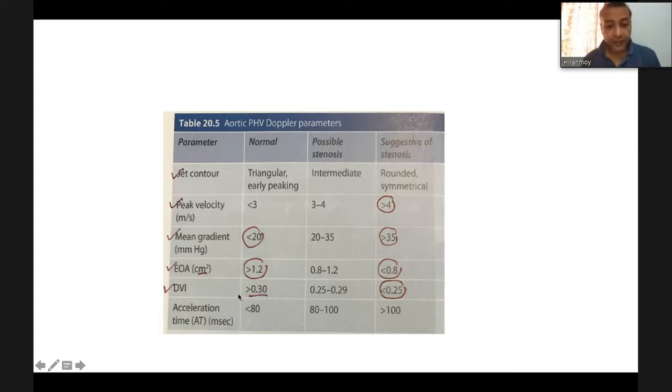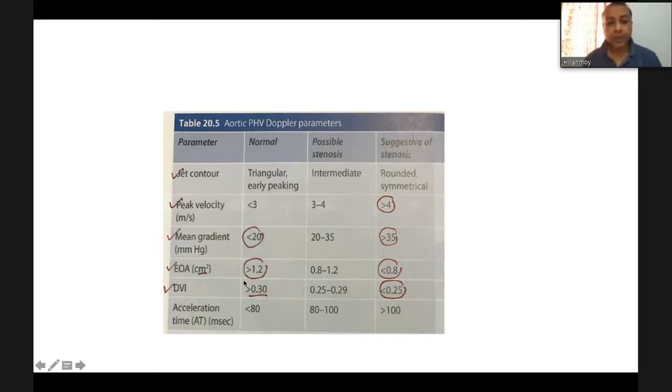Doppler velocity index, if it is more than 0.30, is normal, 0.25 to 0.29 is a possibility of stenosis, and if it is less than 0.25, that is suggestive of stenosis. Acceleration time less than 80 milliseconds is normal, 80 to 100 milliseconds is a possibility of stenosis, and more than 100 milliseconds is suggestive of stenosis. One thing to bear in mind is that you should look at all these parameters and then assess and comment